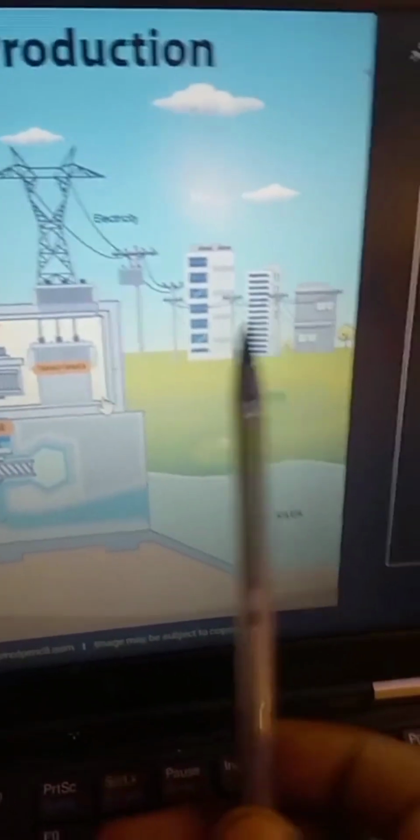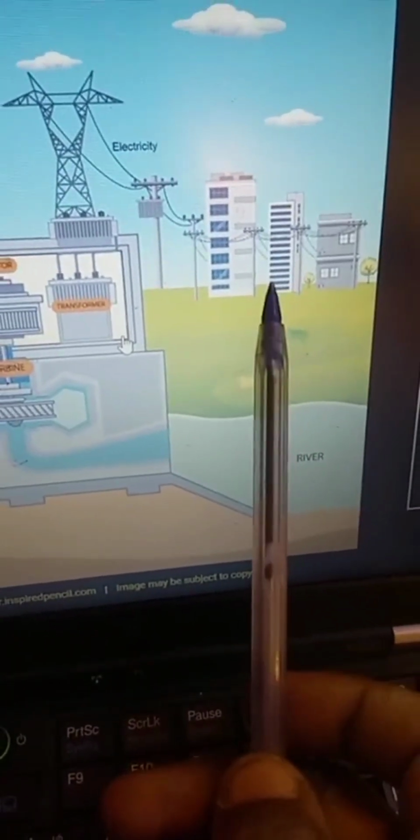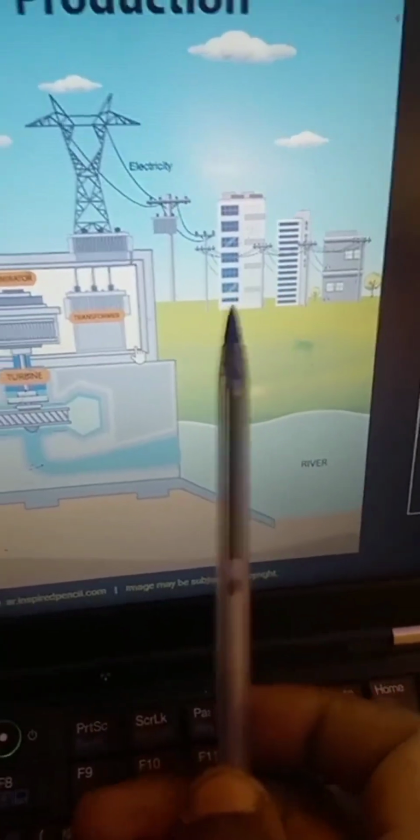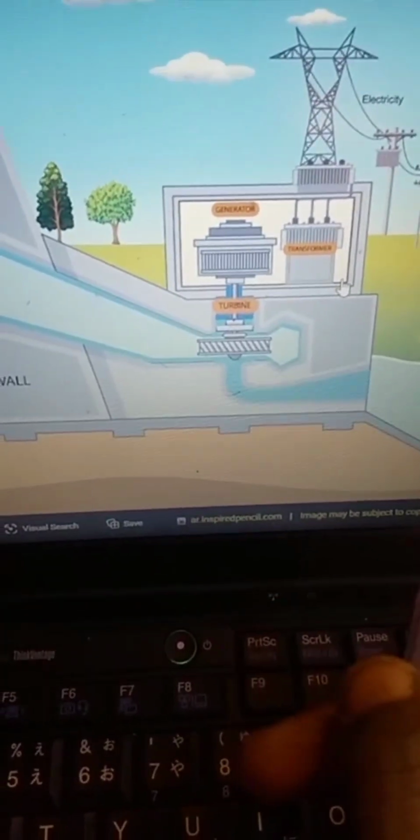This is to ensure that we have power supplied to these consumers without any hitch. That means we must produce our power here at a very reliable rate so that it gets here safely